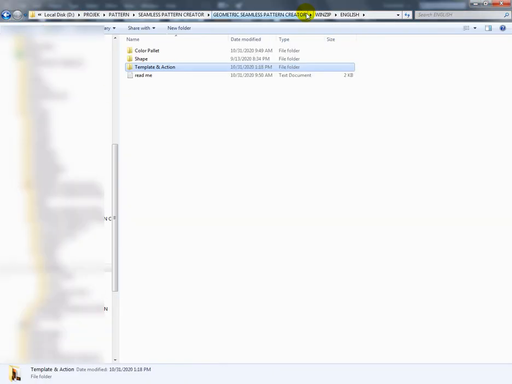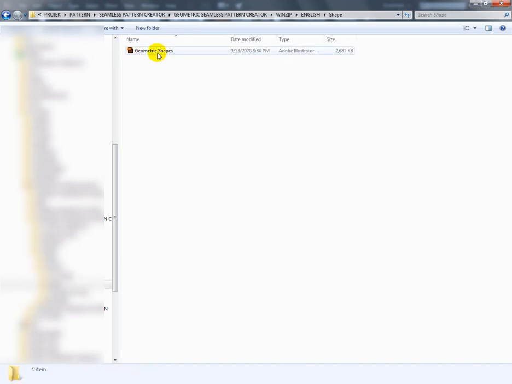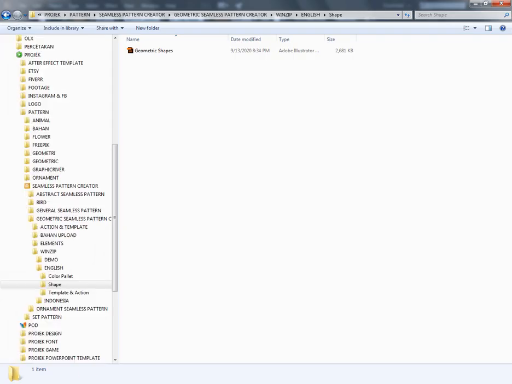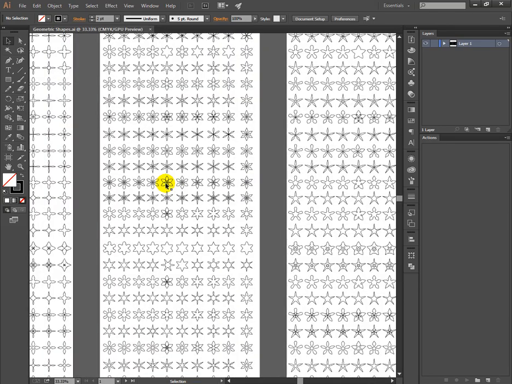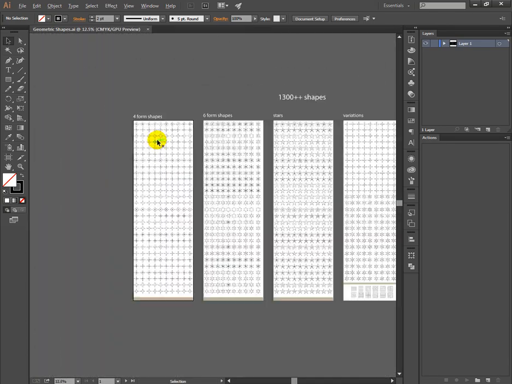In this package, you will have three files. First, color palette, shape, and the last template and action. First, you need to open the shape and then open geometric shapes like this. You will have 1300 shapes, okay, like this. And then